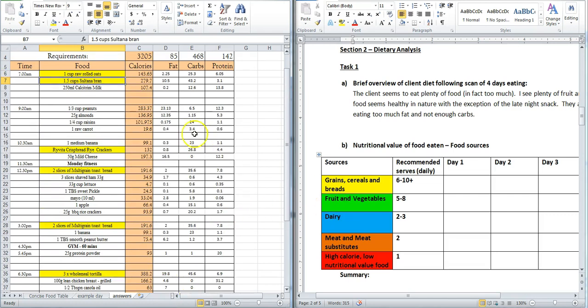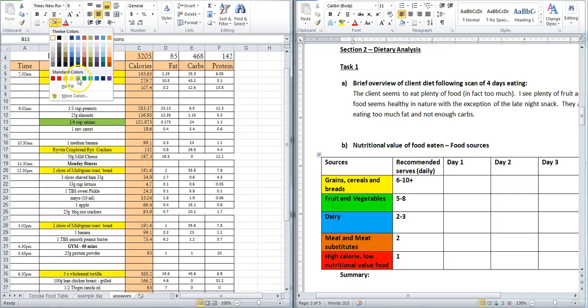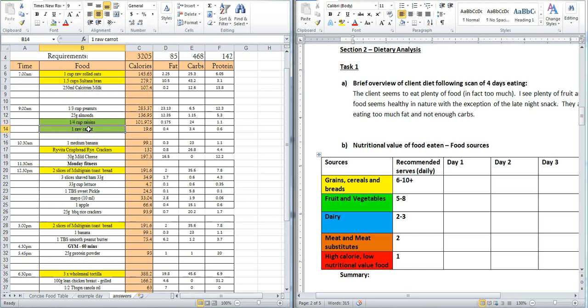Next, I'm going to go through and identify the fruits and vegetables. So this includes fruits, vegetables, dried fruit. You can even include things like juice and chips, hot chips, apple pie, but there's a little caveat to that one soon, which I'll explain. So, quarter cup of raisins, there's a carrot there, there's a banana, a little bit of lettuce, an apple, banana,